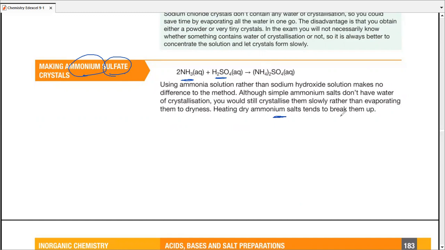Heating dry ammonium salts tends to break them up, so you shouldn't heat them too much. Keep this point in mind about ammonium salts so that you do not heat them too much in exams. This is specifically noticed in Edexcel. So remember this line,